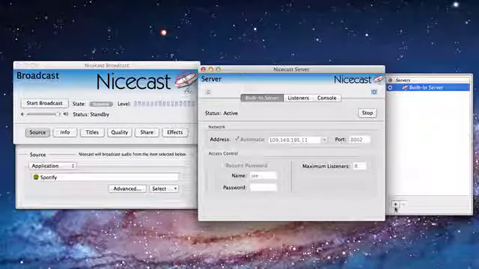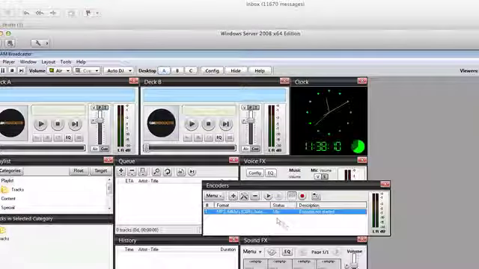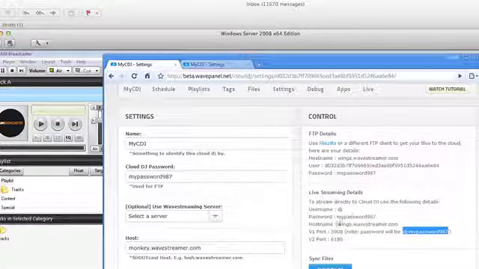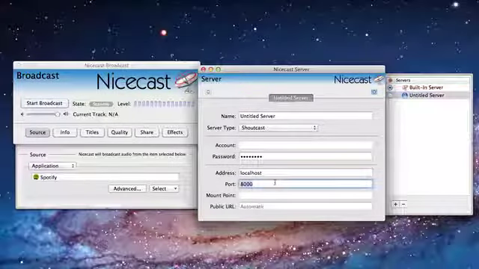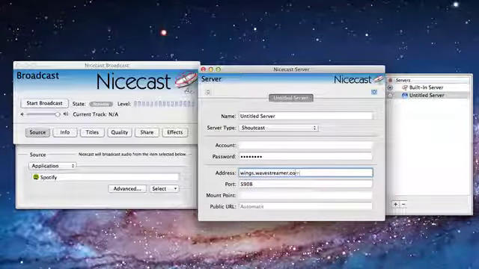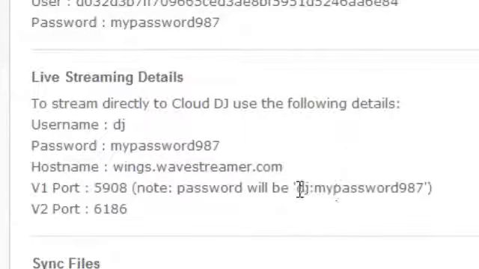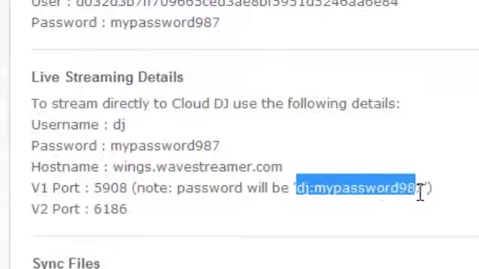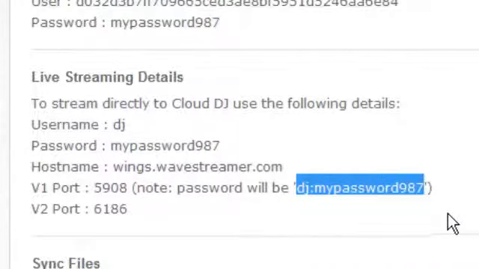Okay, so now let's have a look at how we can connect on Nicecast. We're going to use the V1 port again on here, just like we did with SAM Broadcaster. In fact, I'll just pull the connection details I need back up. And again, just for clarification, we need our username and password combined into the password field with a colon separating them. We'll just copy and paste that straight out of the control panel, making sure we haven't accidentally selected the quotes. Paste them into Nicecast,